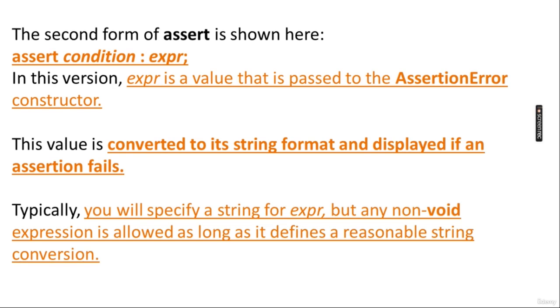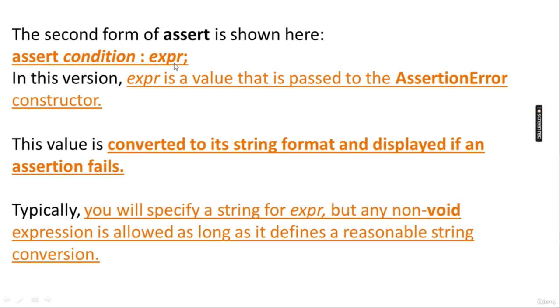The second form is assert condition : expression. Expression is the value that is passed to the AssertionError constructor. Okay. This value is converted to its string format and displayed if an assertion fails. So what is the output of this? If the condition is not met, that is, it gives a false result, then the expression that we give after the colon will be converted to its string format and displayed